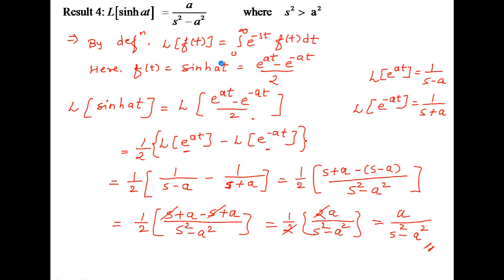So see here, we have used the formula for hyperbolic sine, and then we derived the result with the help of the standard result of Laplace transform of exponential function. We also can use here the definition, but instead of the definition, this is the easy method to find the Laplace of any hyperbolic function. So whenever there is a hyperbolic function, convert it into exponential form and then solve. I hope you all understand these 4 examples here.